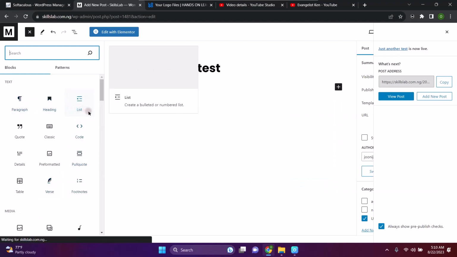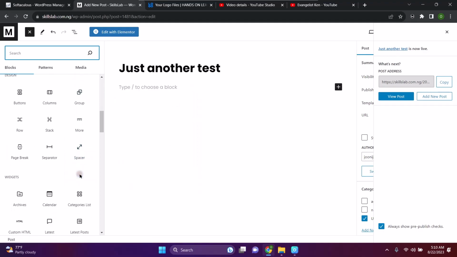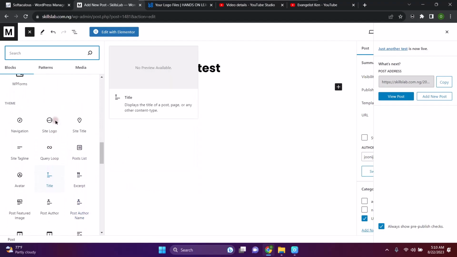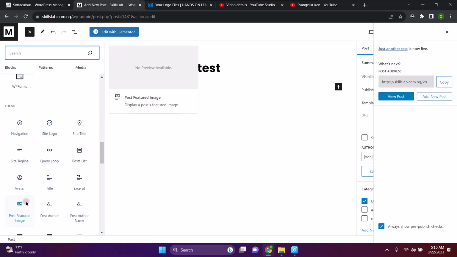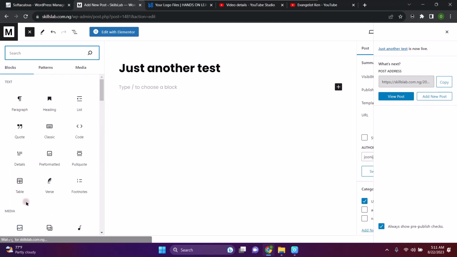So you can see paragraph, heading, list, quotes, classic. You can see code if you want to include code in your page, details about something, pre-formatted, everything like that. So you can have all these things this way, site logo, code, navigation, but I prefer using